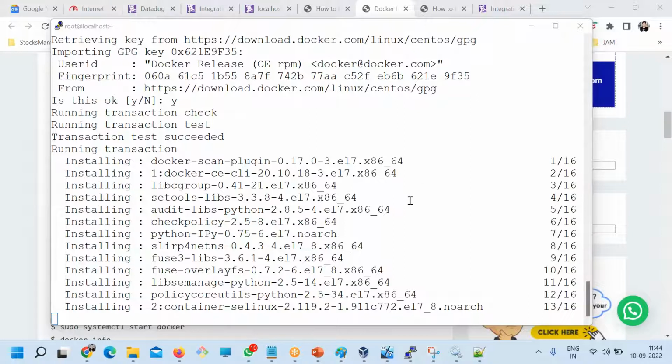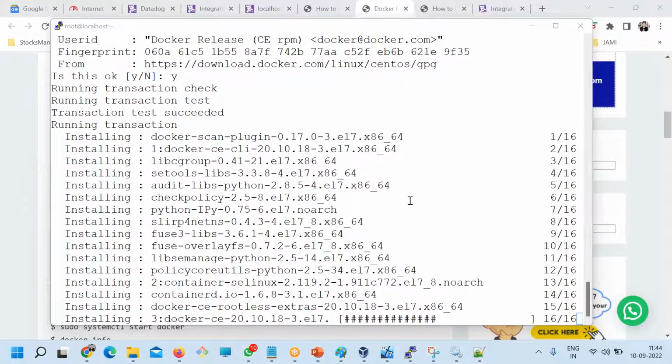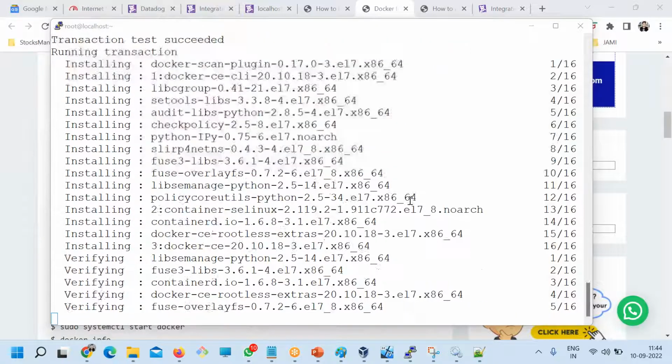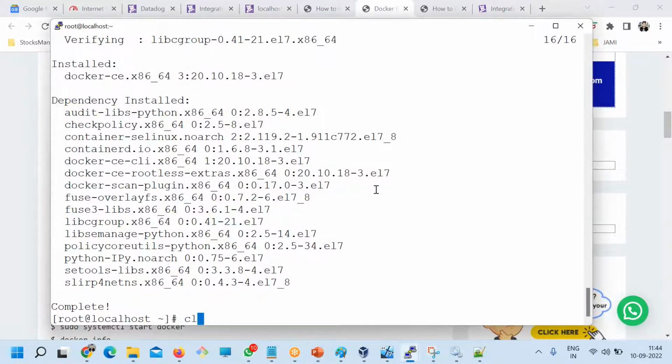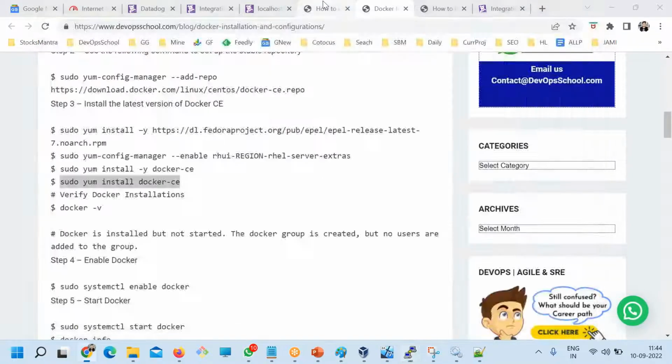Yeah. So the installation is almost done. Okay, so the installation has been completed.